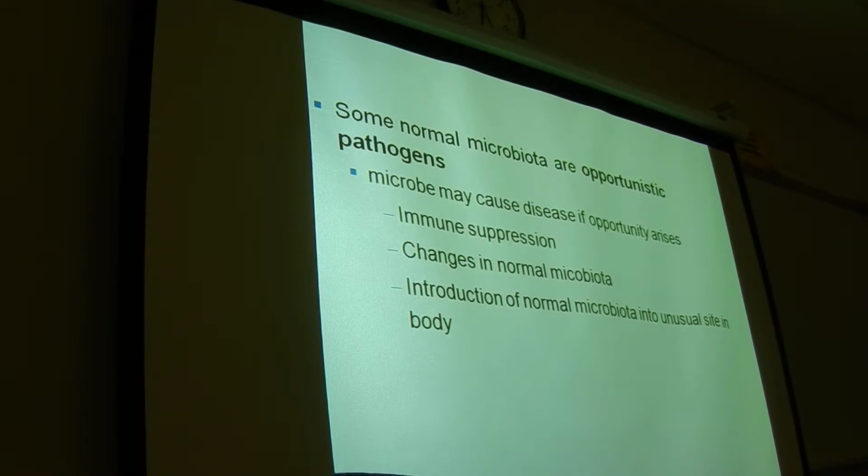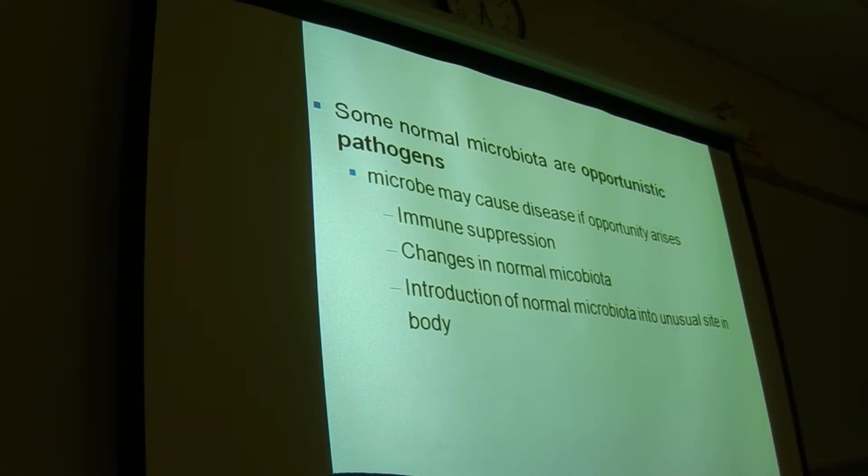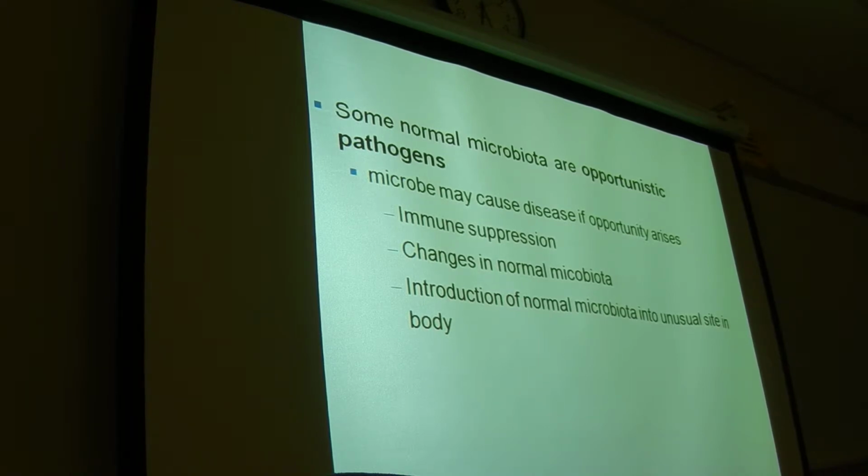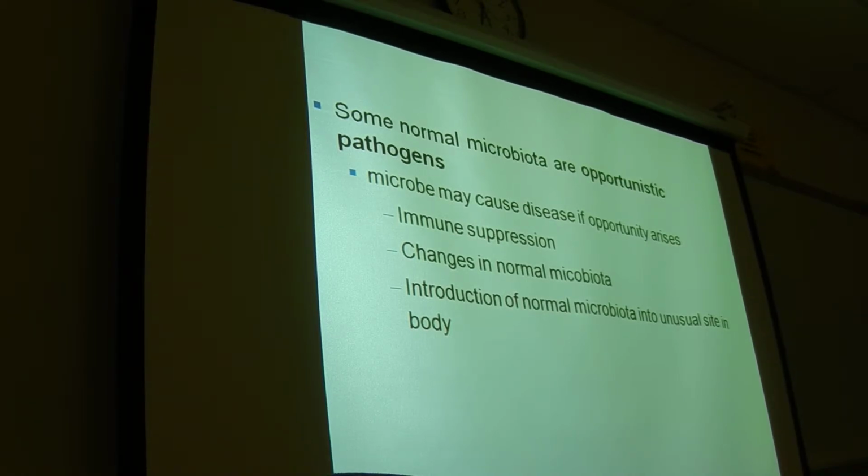So there are certain cases where your normal microbiota, which in a normal situation is completely not harmful and actually beneficial to you, can become opportunistic pathogens. Basically, these bacteria which would not cause harm in a normal situation can start to do so. These are the main ones. Immune suppression: our immune system keeps this normal microbiota at basal levels, preventing it from overgrowing. If for some reason your immune system is not functioning properly, the normal microbiota can start to take over a little bit and can become a pathogen, can cause disease.